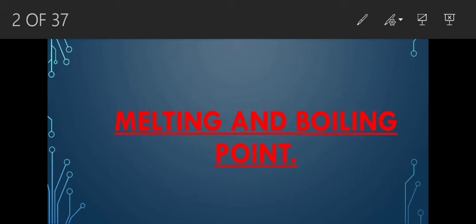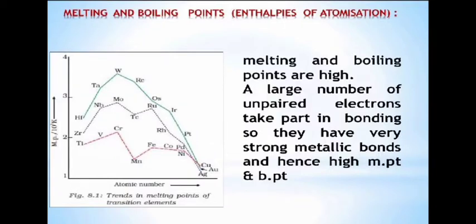The melting point of D block element is higher than that of S block element because in this case n-1 D electrons and ns electrons, they participate in bond formation, and as the bonds formed are strong, so they will have high melting and boiling point. Similarly, in groups, the melting and boiling point increases down the group.